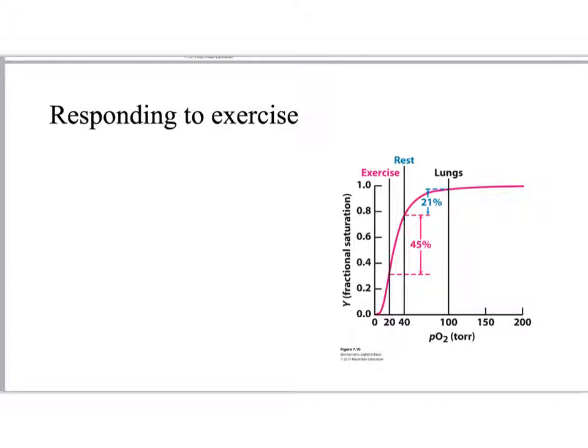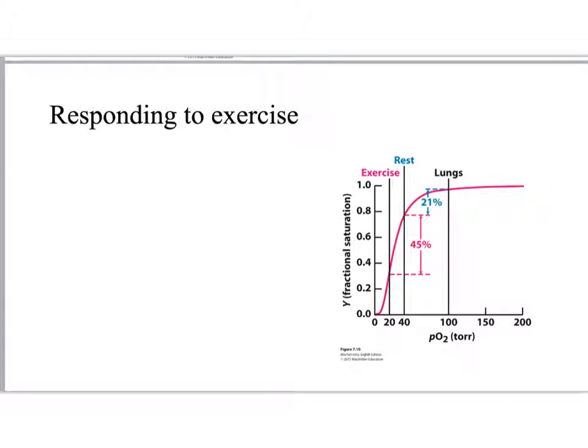So here we're looking at kind of the response to exercise in terms of what happens to that oxygen saturation. The overall take home from this graph is that in both rest and exercise, the pressure correlates with the steepest part of the curve. So hemoglobin will be effective at providing oxygen to tissue where it's needed in both cases,